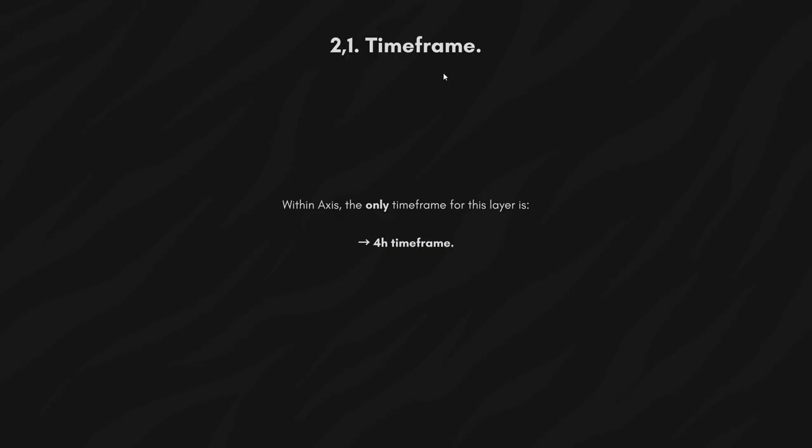So right here we've got the first component of the context layer, which is the time frame. And within the access system, the only time frame we're going to be using for this layer is the 4-hour time frame. This is also the intermediate time frame for the access framework. And in my opinion, this is also the most important and significant time frame, because the things that we're going to be doing on this time frame are much more significant than just knowing the directional bias for the day, because within this one we'll not only be building a proper market context,